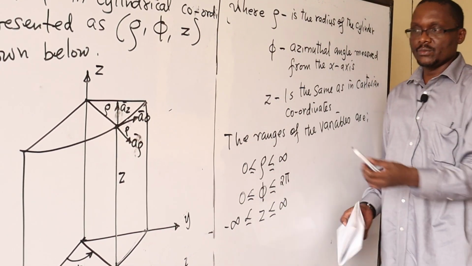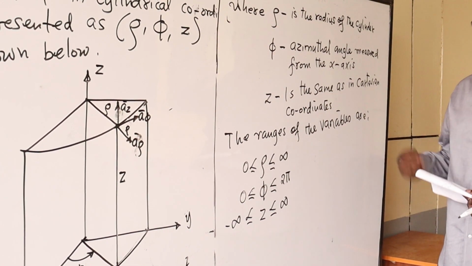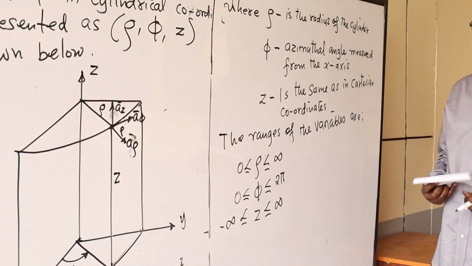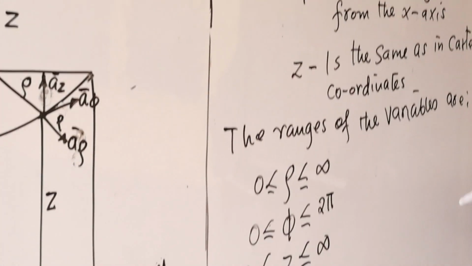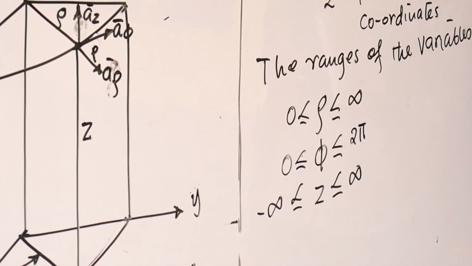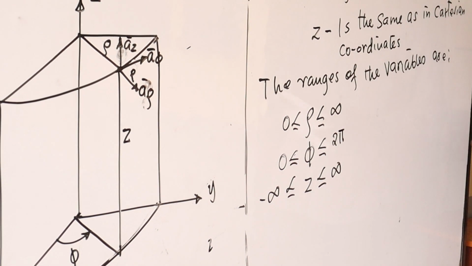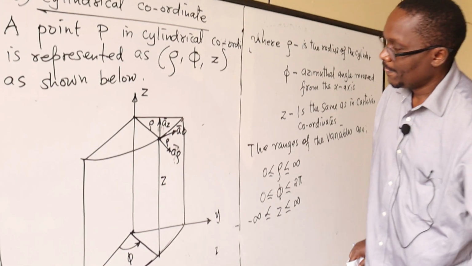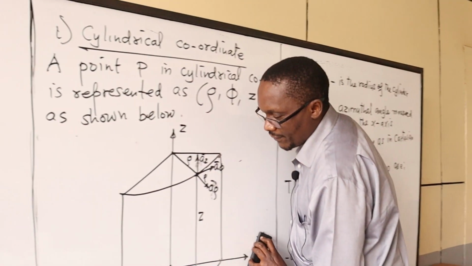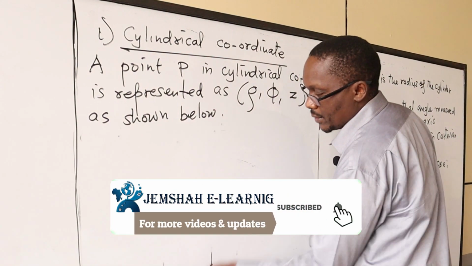This one tends to confuse most of the students when they are trying to substitute, especially where we'll be dealing with the integration of vectors. So those are the ranges of these variables. Just like in the Cartesian coordinate system, we can also represent a vector in cylindrical coordinate